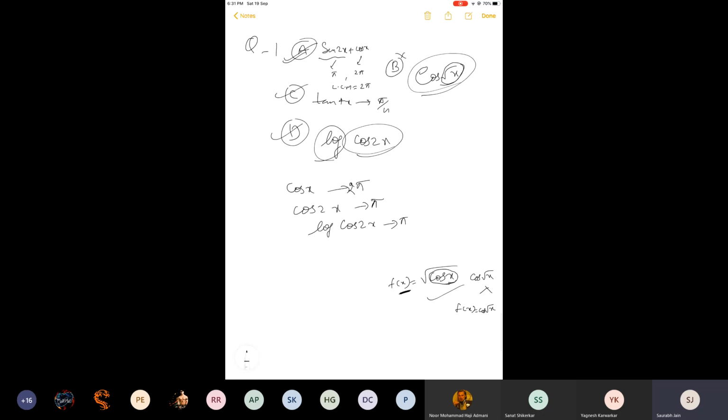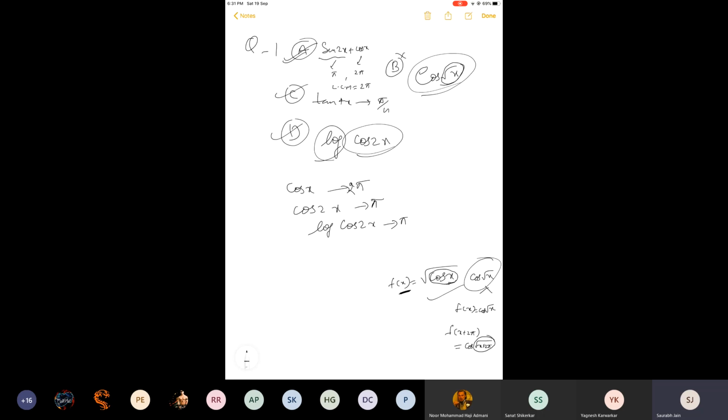Why? Because root is present with the angle. Root is not present with the whole function, it is present with the angle. So if you make any change here, the same change will appear on the right hand side, and there can be no use of trigonometry here because it is algebraic first. So root cos is periodic, cos root x is not periodic. A and C are obviously periodic. There may be some doubt with respect to D and B. If we can find somehow that D is periodic, then obviously B will be remaining. Also remember such terms like cos root x, sin root x, where these irrational powers are present with the angles, they will certainly be non-periodic functions.